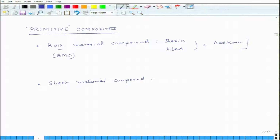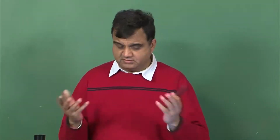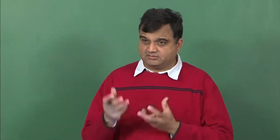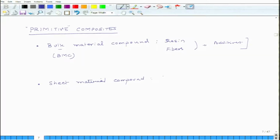So, this bulk material compound comes in the form of dough. It does not have a definite shape, but it has the shape and consistency of dough, so you can change its shape in whatever way you want. Now, here you have resin and you also have fibers, but the difference between SMC, which is sheet material compound, and BMC, which is bulk